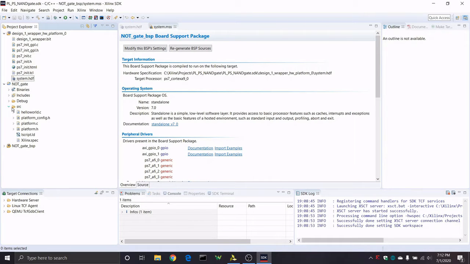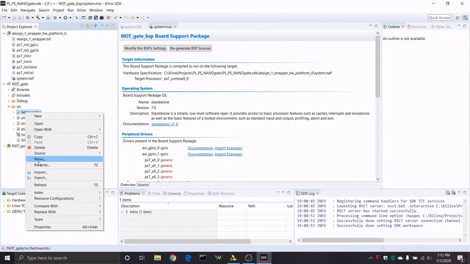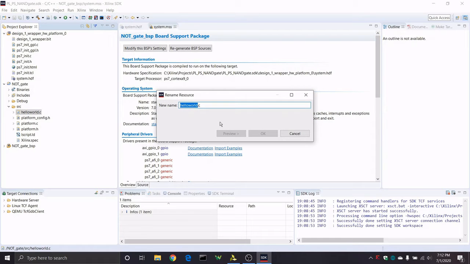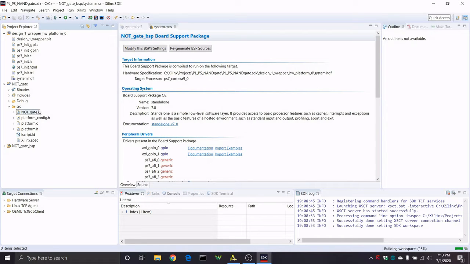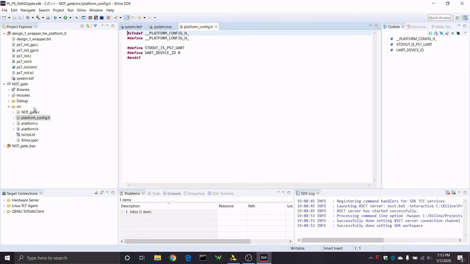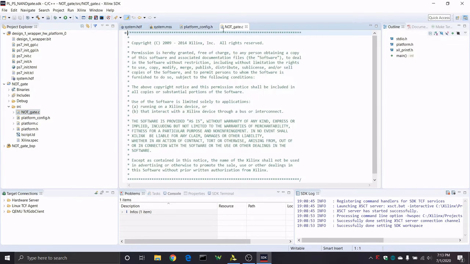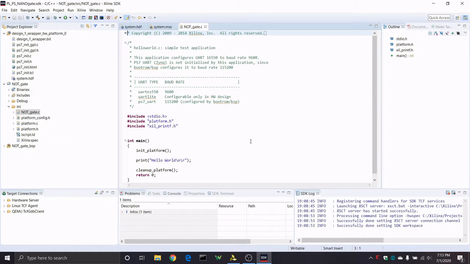we can go to NOT gate, expand it, and expand the source, and we're going to right click on this hello world, and I'm going to rename it just for myself. You can keep it as whatever you want to, but I'm going to call it notgate.c. And whoops, I totally clicked on the wrong thing. Open up notgate.c, click on it,